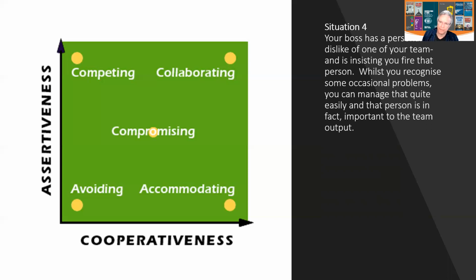Now, you're in a difficult position, but let's look at what you shouldn't do. Well, I think of all those 5 approaches, the one that I would not adopt would be accommodation. If I just did what my boss said and not renewed the contract of that person who's quite technically proficient, even though occasionally they can be a pain in the backside, then I'm going to have a price to pay for the rest of my team, who are probably thinking to themselves, what do you do when my back's turned? So that's probably not a good way to go.